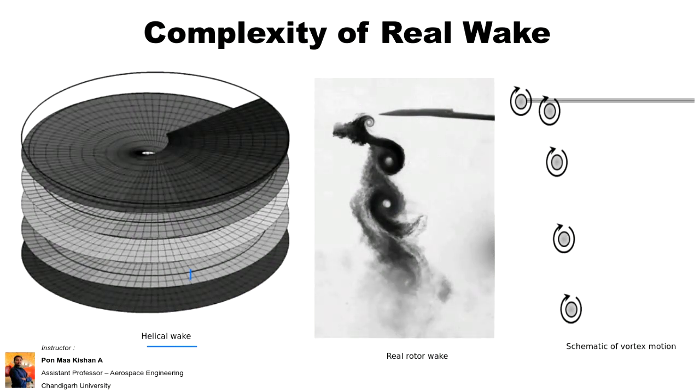It will be like a helical sheet throughout the span. Okay, we are seeing it throughout the span. So throughout the span it will be like a helical wake. If you see the wing tip, that is the rotor tip, a vortex will be generated, right? So you can see the curling effect, the turbulent effect.